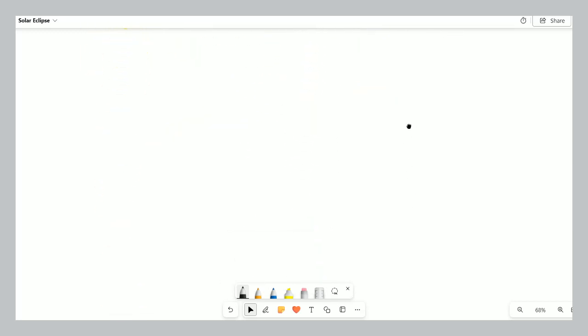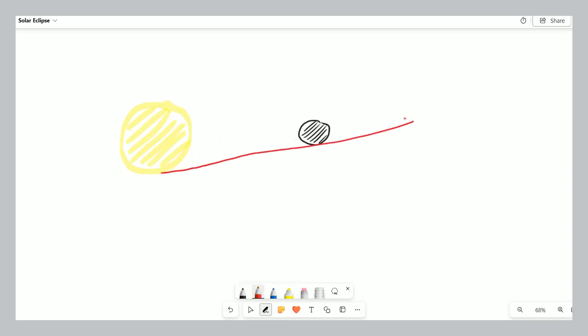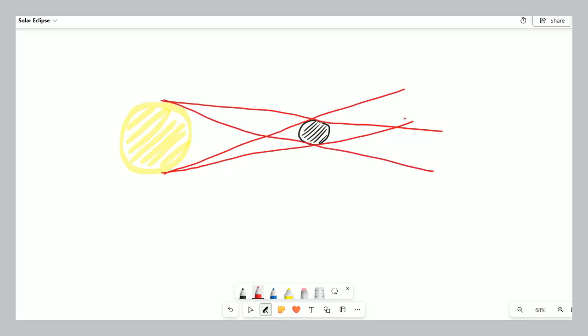Now, the third type of solar eclipse that you can have is where the moon is centered, but it ends up being farther away from Earth than usual. And you end up with a situation like this. So there's your umbra, there's your penumbra,